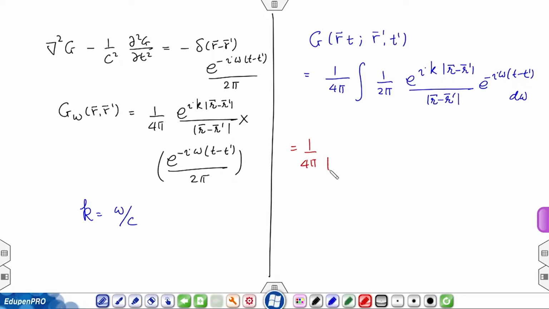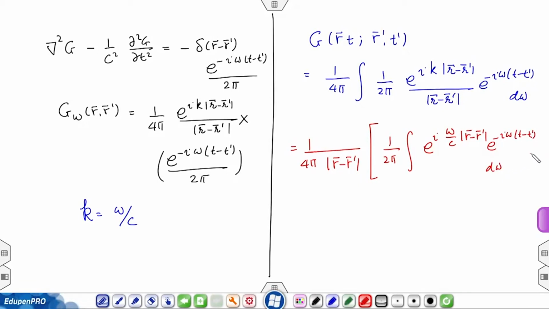Mod r minus r prime I can take out, because that does not depend on omega, and I have inside 1 over 2 pi integration of e raised to I omega over c r minus r prime e raised to minus I omega t minus t prime d omega,